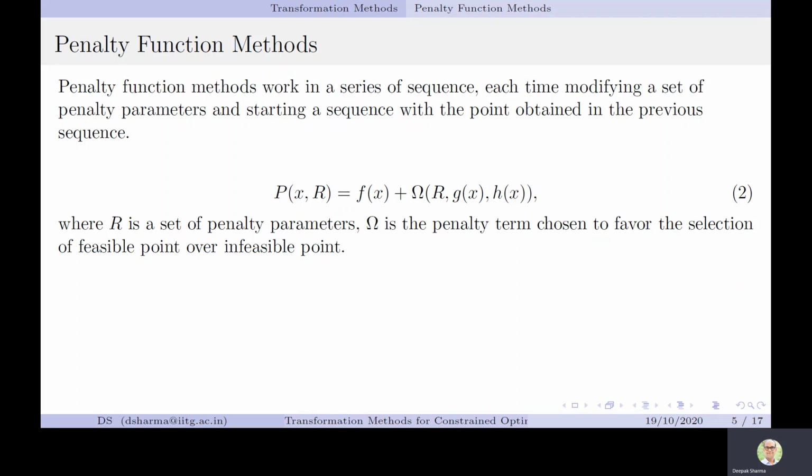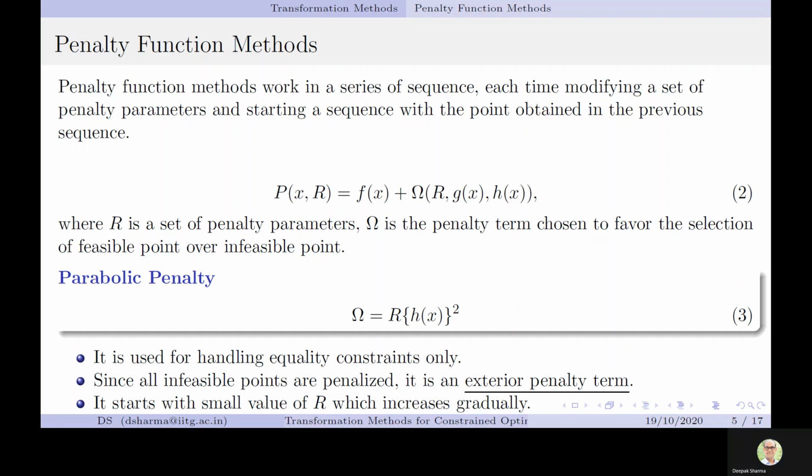That is the whole purpose: when we are moving from one point to another point, how will we find that the new point is better than the previous one, and when comparing a feasible versus an infeasible point, how can we compare? A feasible point means there should not be any penalty, but for an infeasible point we have to add a penalty so that, fitness-wise, the feasible point is still better than the infeasible point.